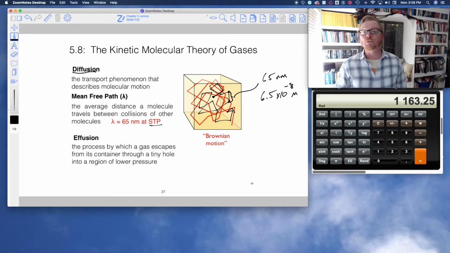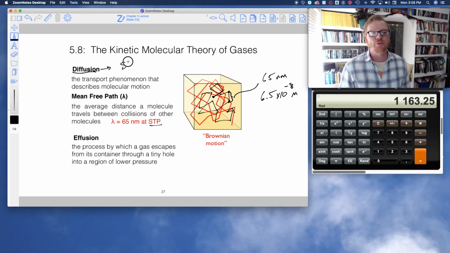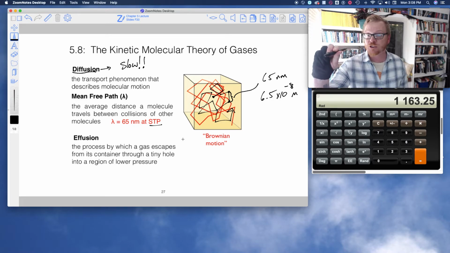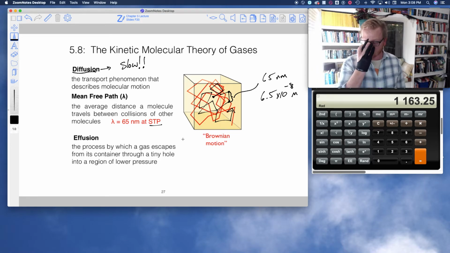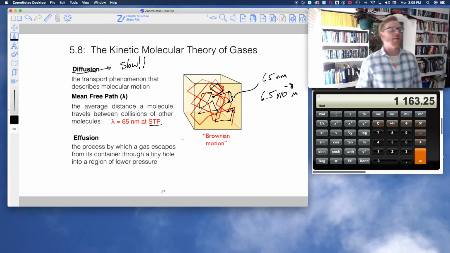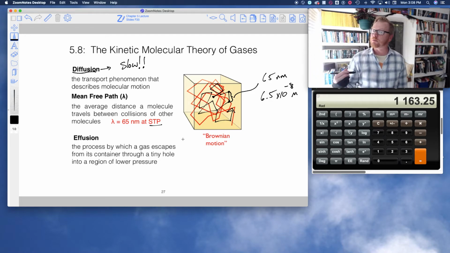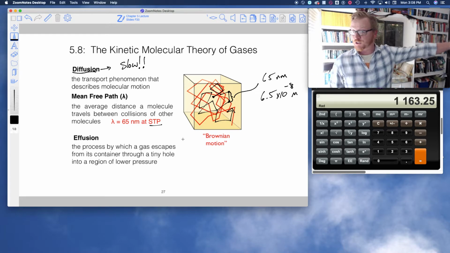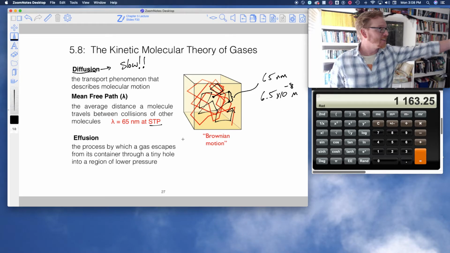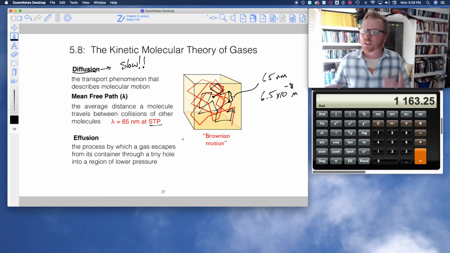So even though molecules move incredibly fast, diffusion is very slow. The reason it's slow is because molecules can't travel in a straight line trajectory. They're constantly being moved around, changing directions. And that's why, for example, in terms of how we smell things, there's a delay. If somebody's cooking in the other room, that smell doesn't get to my nose instantly. There's a little bit of a delay because diffusion is very slow,